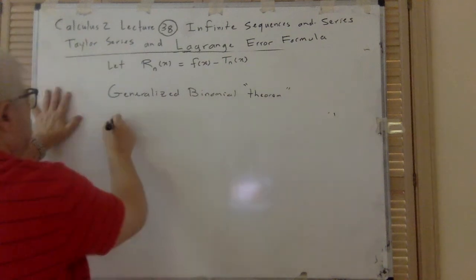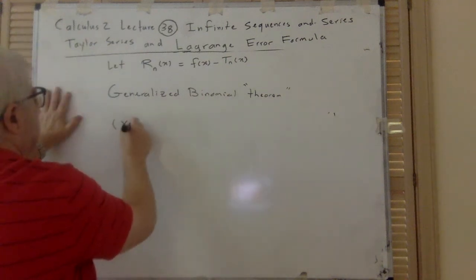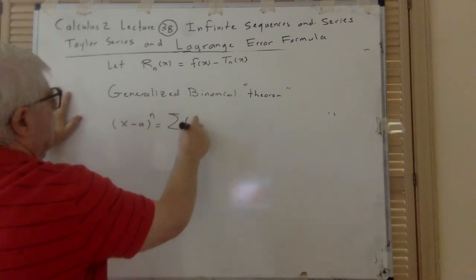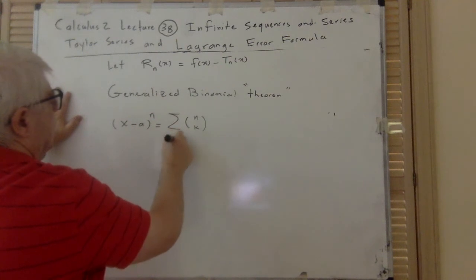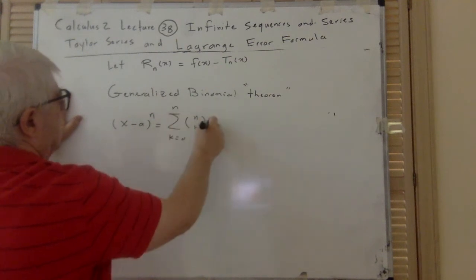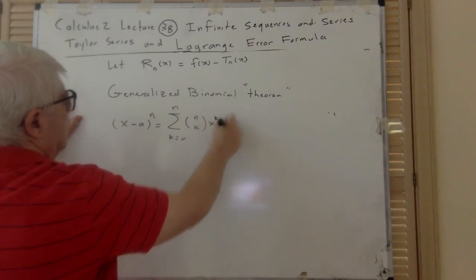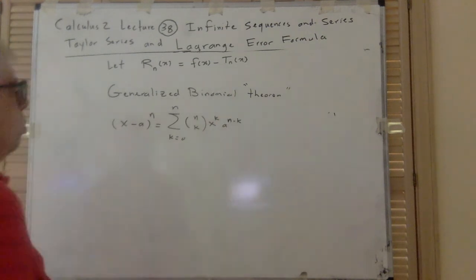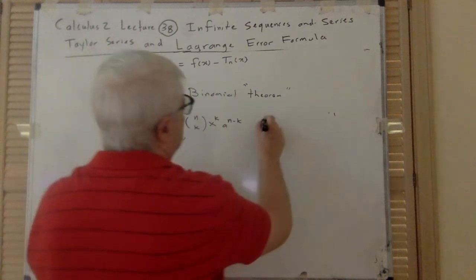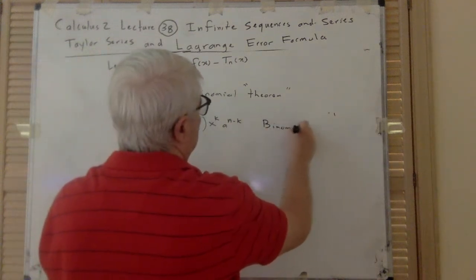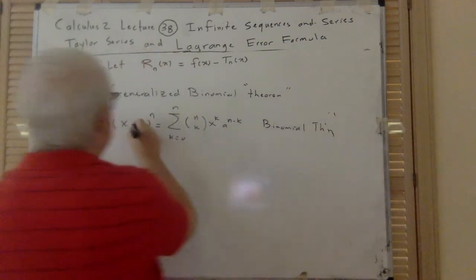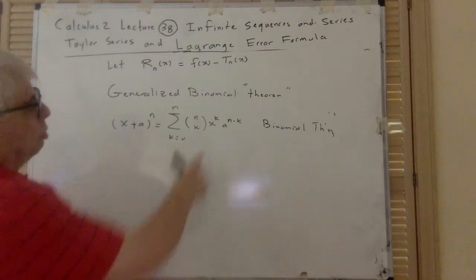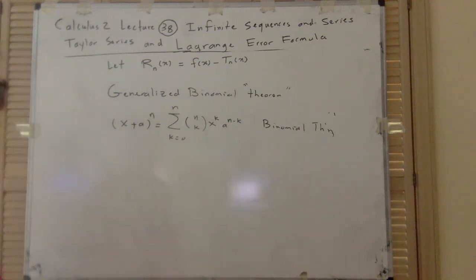But remember the binomial theorem? It was (x minus a) to the power n, was what? Sigma, n choose k, from 0 to n, x to the power k, a to the power n minus k, or vice versa. That's the same thing. So that was the binomial theorem. And that was expressing integer exponents. For minus, you have to write minus a to the power n minus k. Anyway,